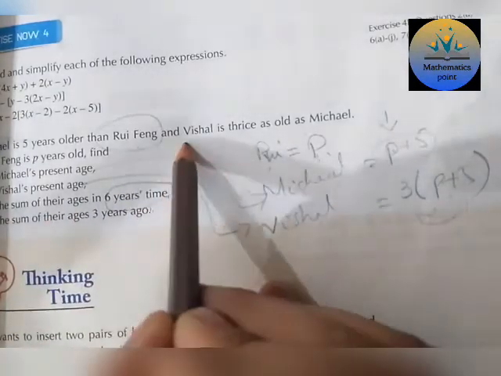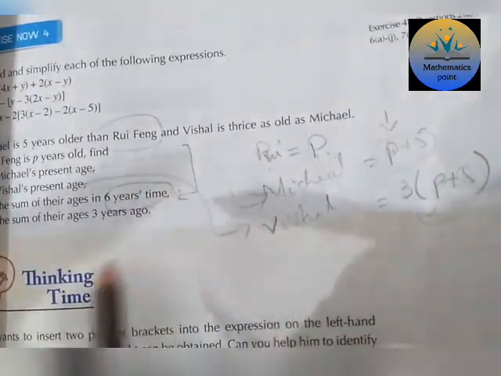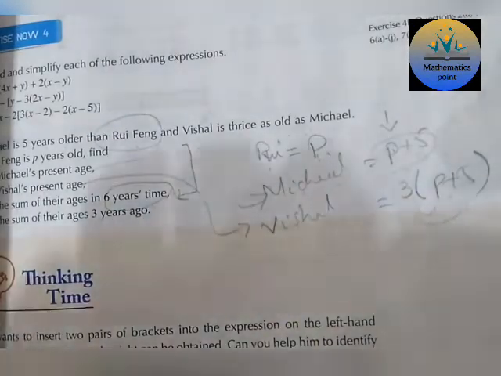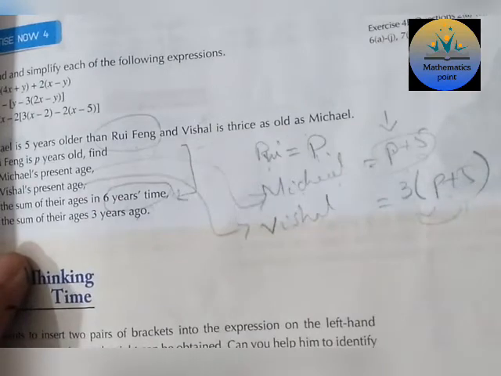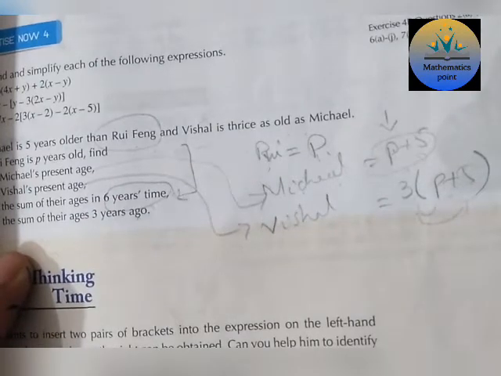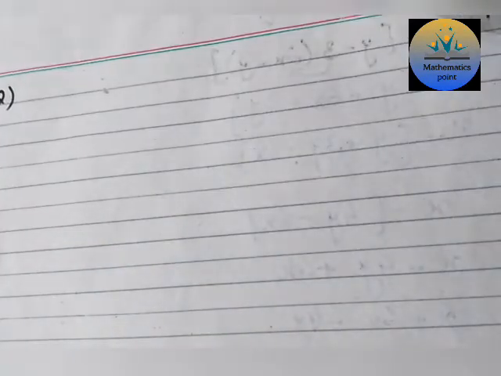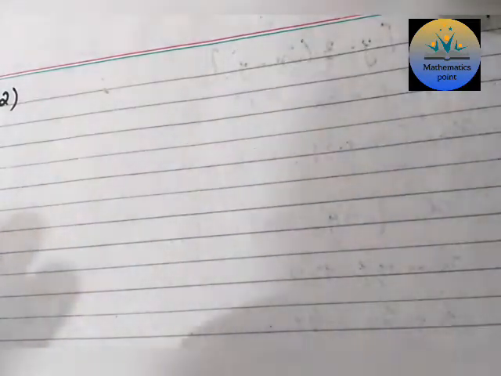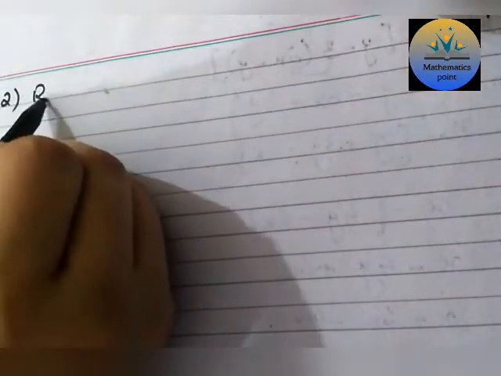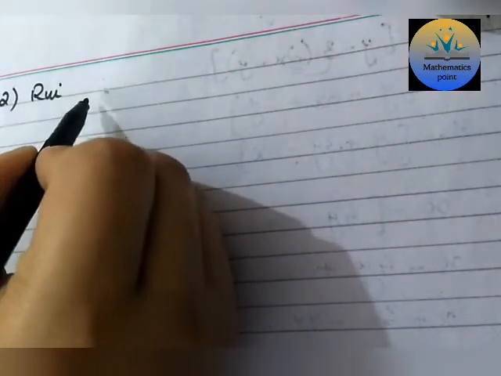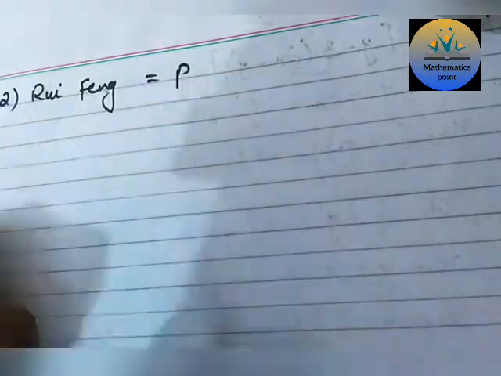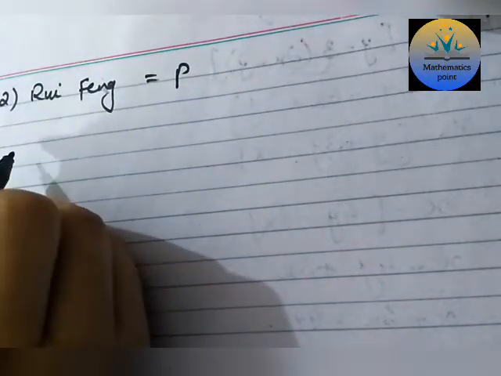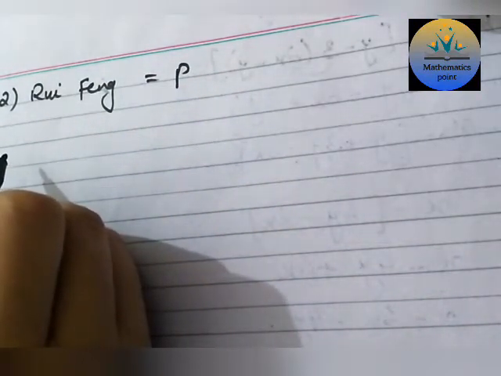Now we just have to read our question at this stage, the part 3. First we solve the question neatly till part 3, then we solve again to part 4. Okay, first, the present age that is given as p. Now just take the book in front of you and understand the question.